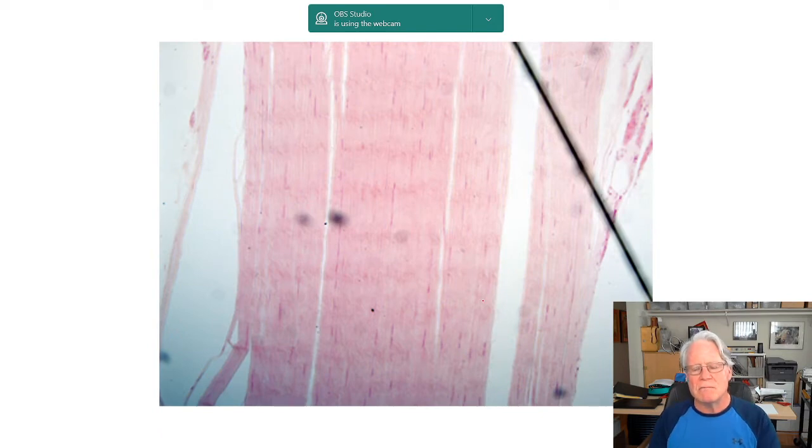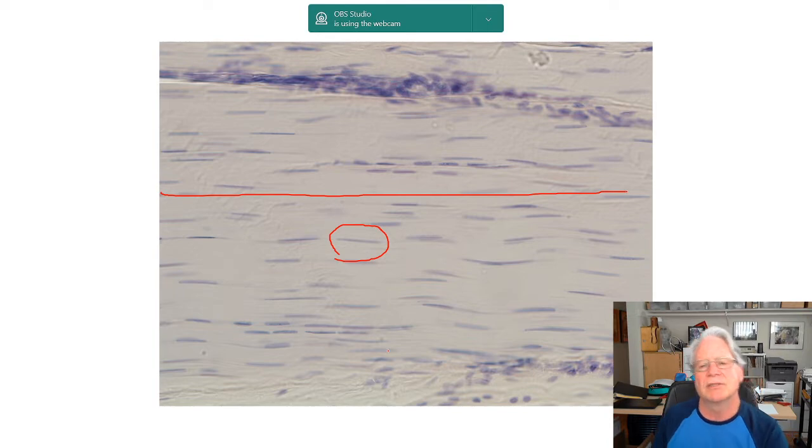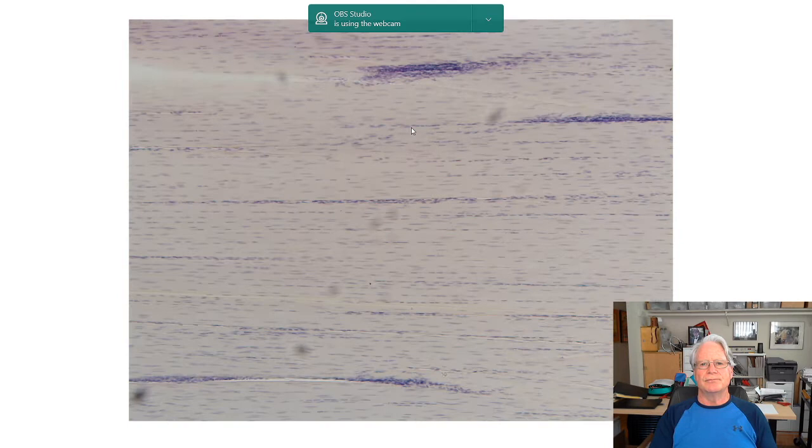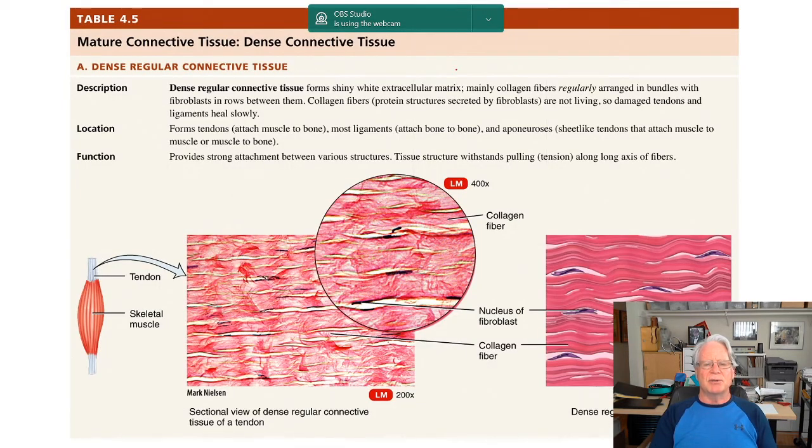Same thing. Slightly different view. Same thing. There's my fibroblast. The fibers are running in this direction. Dense, regular, connective tissue. Same thing. Okay. So I'm showing you a lot of images because there are slight differences. You have to be able to identify those slight differences and put it into the same